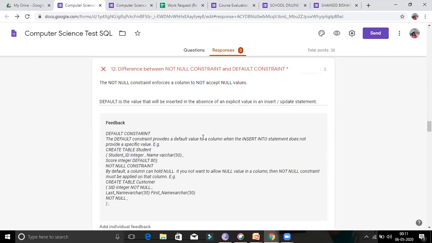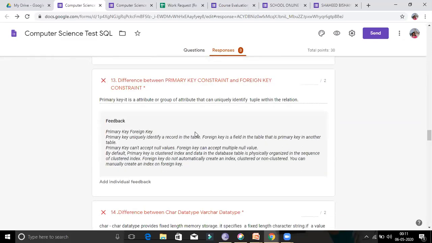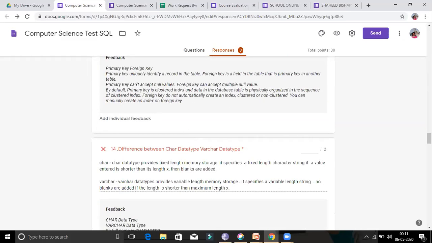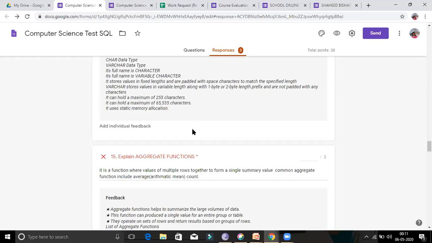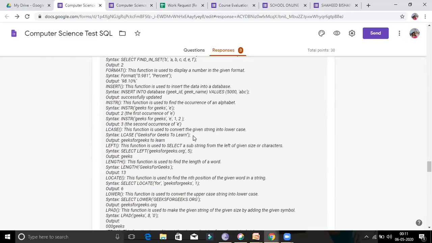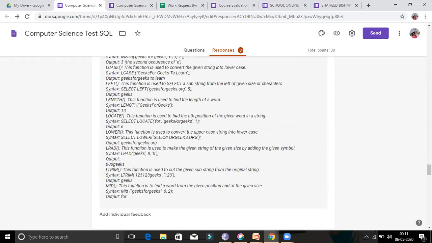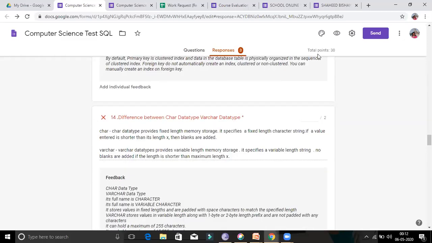All answers are visible, both what the students have written and the predefined answers I have written there. Each answer is matched to the predefined answer, and the points, the total marks, will be visible here.